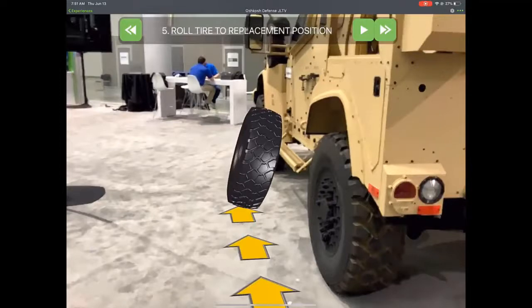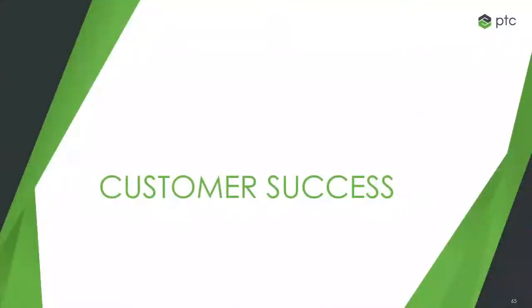So this is how it guides step by step. This is what you need to do. If the tire pressure is low, step by step, it guides you that, okay, if you face such a problem, this is what you need to do. So with that, this was about the PTC technology. I'd like to show you